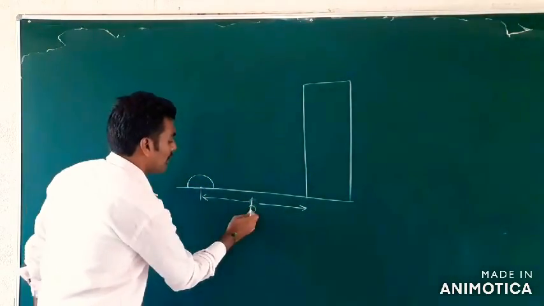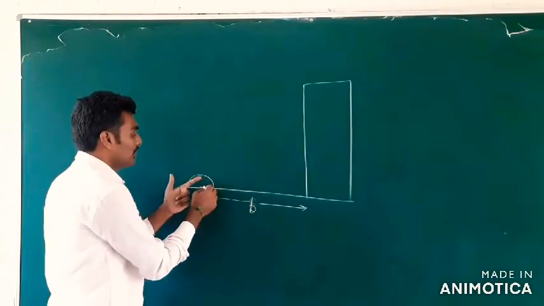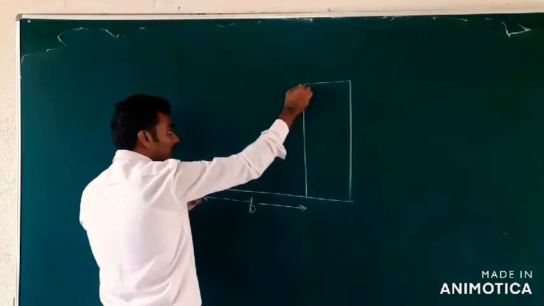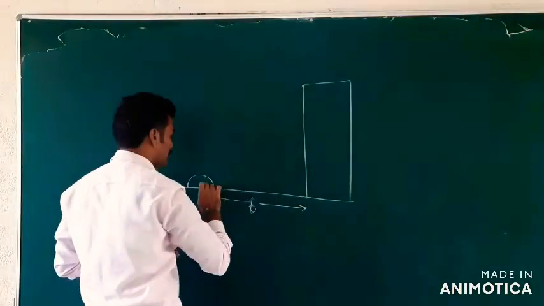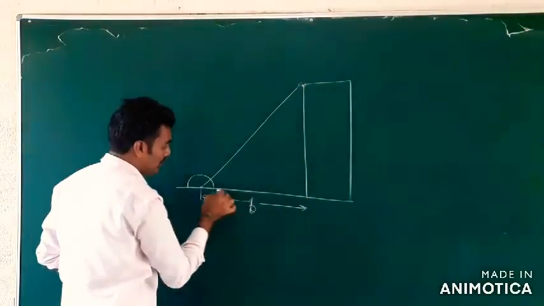Okay. Now, if I have a light, laser light, which is pointed to the top of the building, from here to here, this triangle